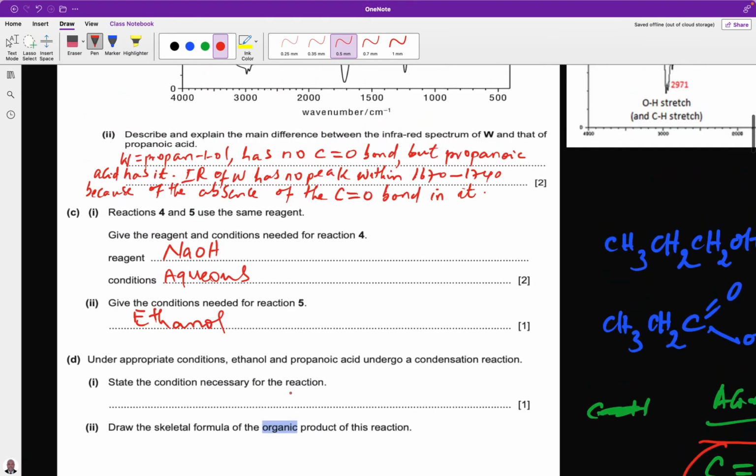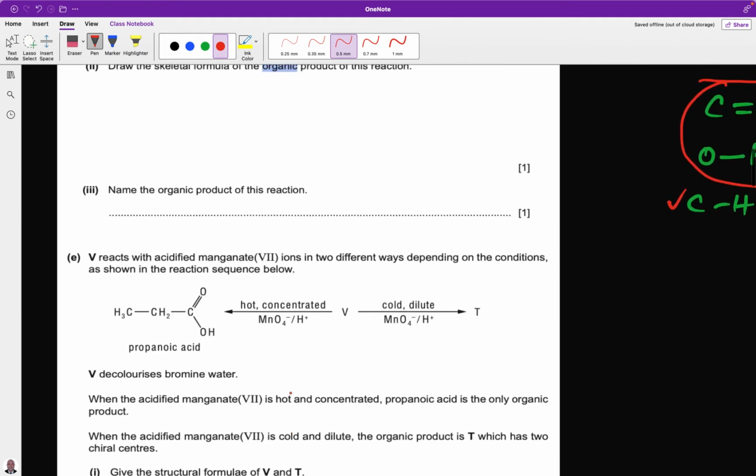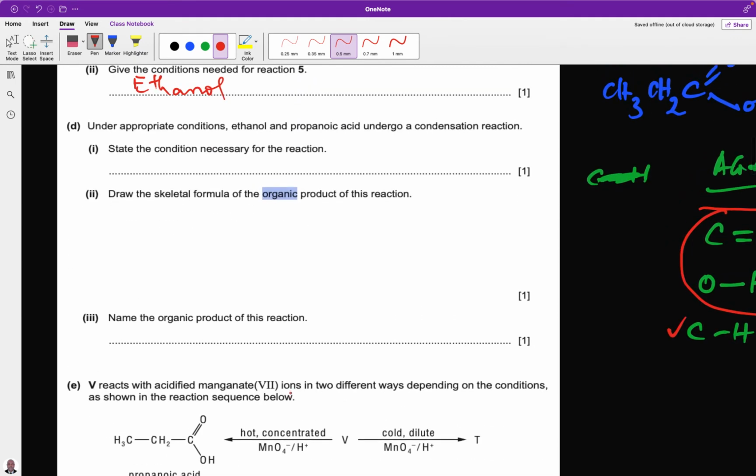In our question paper, under appropriate condition, ethanol and propanoic acid undergo a condensation reaction. State the condition necessary for the reaction. From what we have just discussed, the condition will be concentrated sulfuric acid, which is acting as catalyst, or